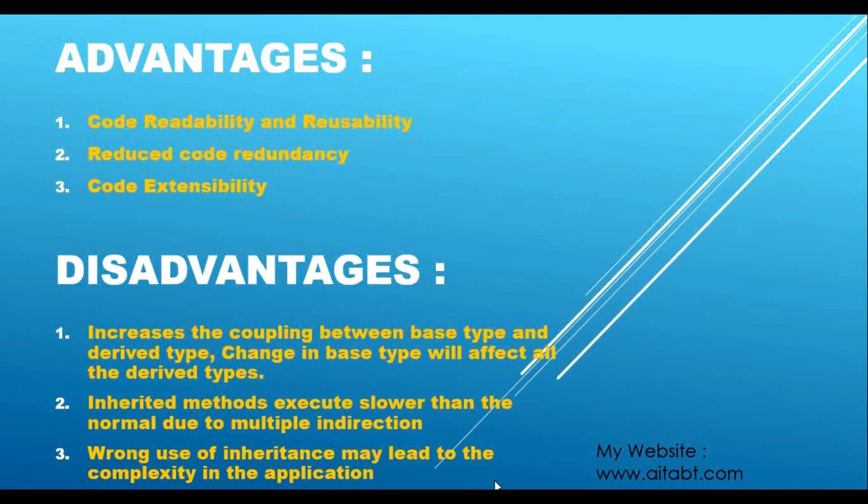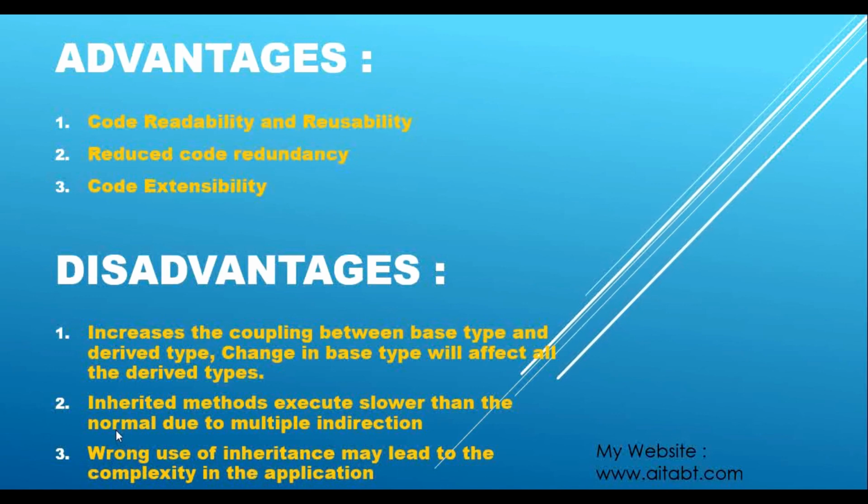So for that we should understand how to use inheritance. As a beginner, we should be able to figure out that there is a certain relationship between these classes to use inheritance. That is, we know an employee can be a full-time employee and an employee can be a contract employee. So there is a certain relation between these. Only in that situation we should use inheritance. That is why wrong use of inheritance may lead to complexity in the application.